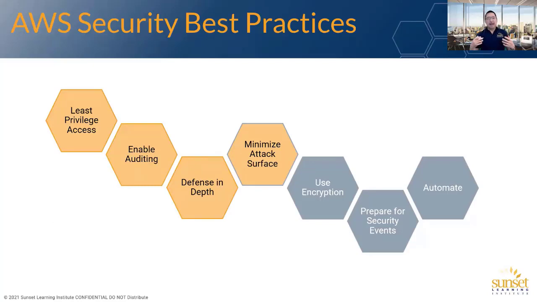Now, as we think about those things, the confidentiality, integrity, availability of our data, and how we authenticate and authorize folks to use those resources, we need to think about the AWS security best practice recommendations. And the ones I have highlighted here in gold or yellow are really, I think, the ones most applicable to what we're talking about today, although all of these arguably could be applied to what we're talking